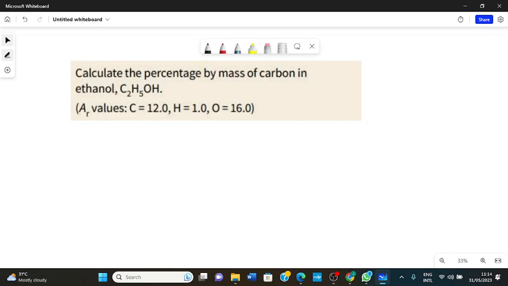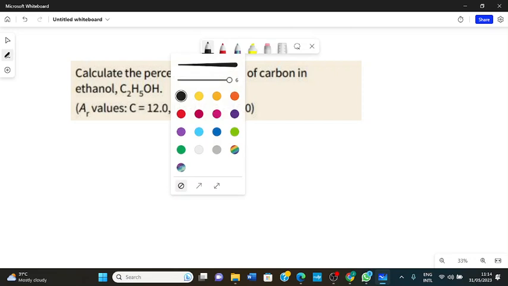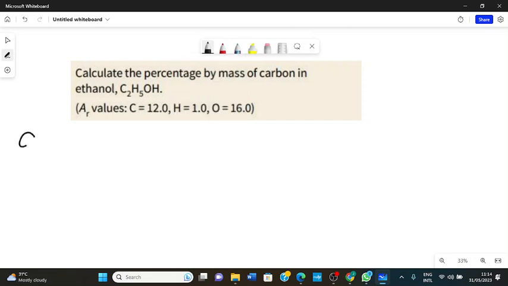Ethanol is C2H5OH. That means ethanol contains 2 atoms of carbon, 6 atoms of hydrogen, and 1 atom of oxygen. So we have to calculate the percentage composition by mass of carbon in ethanol. So all we need to do is just to apply the formula, percentage composition by mass of carbon